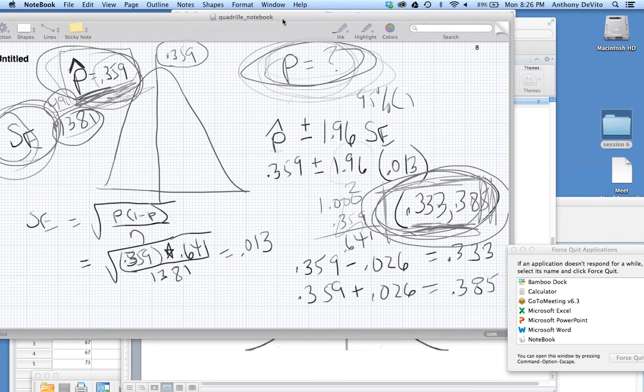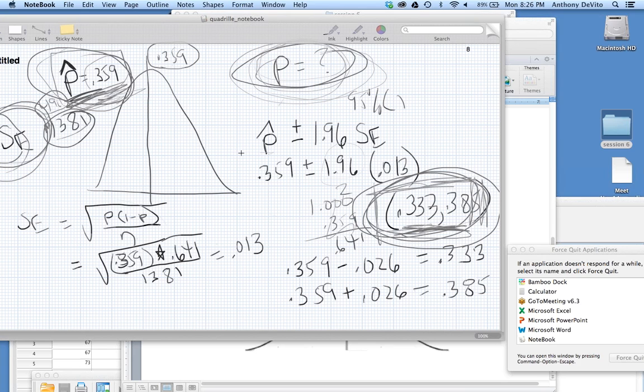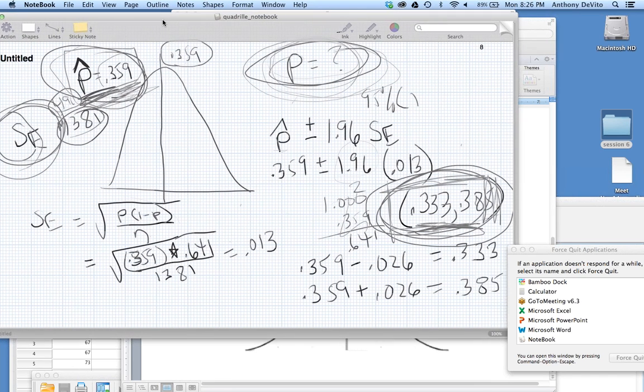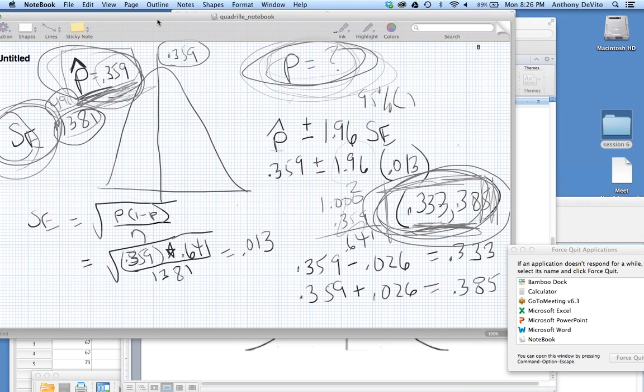So this is the same problem applied to a proportion. The only other thing I wanted to mention is, I think that's a good spot to stop. I think we got a good introduction to this. Like I said, tomorrow morning I'll post a brief homework that involves some of these calculations that we just did here, and hopefully you'll be able to do them and feel comfortable with them before we pick this up on Wednesday and go on to the next part. On Wednesday,